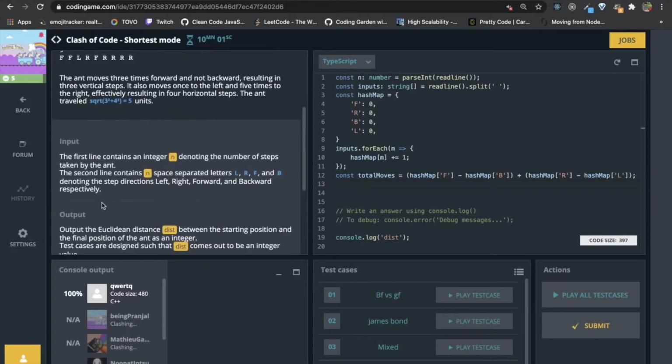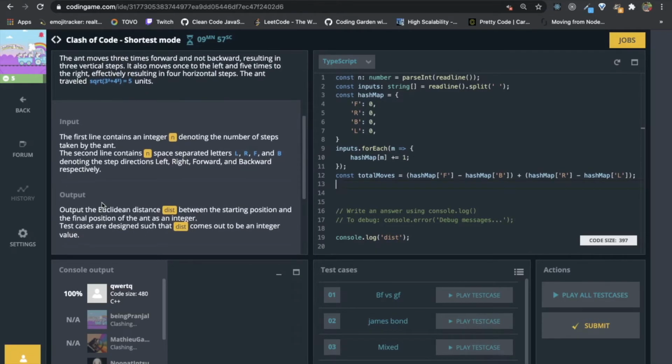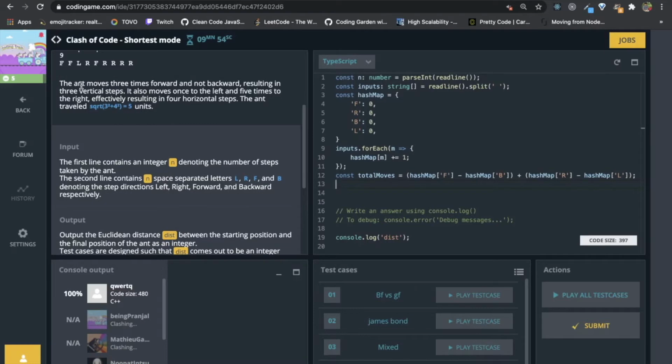So the ant moved 3 times forward and not backward, resulting in 3 vertical steps. It also moves once to the left and 5 times to the right, 4 horizontal. So we can calculate vertical moves.